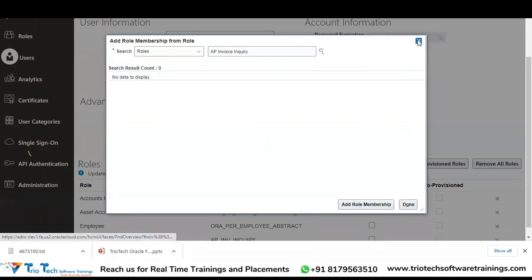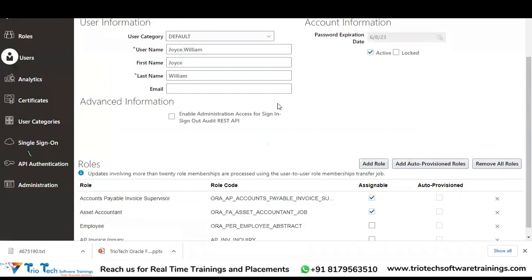Only job roles can you directly assign to the users. You cannot assign a duty role. That is why you first create a job role under which you assign the duties, the access that a user has to perform, and then you are creating the job role. So a custom role can be created this way, but the setup is not complete for the custom role